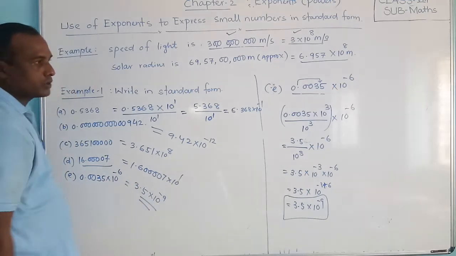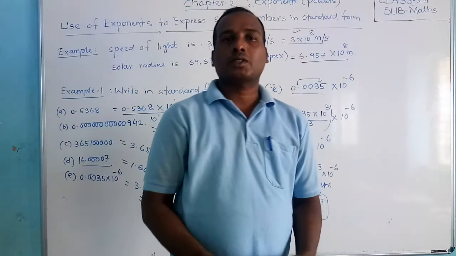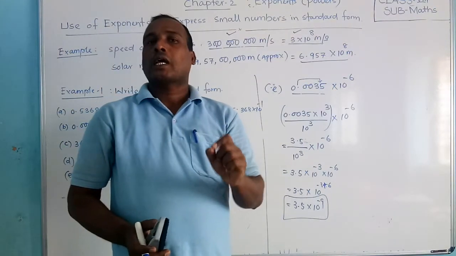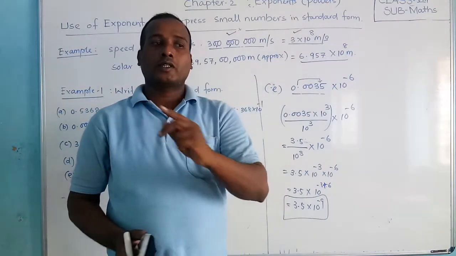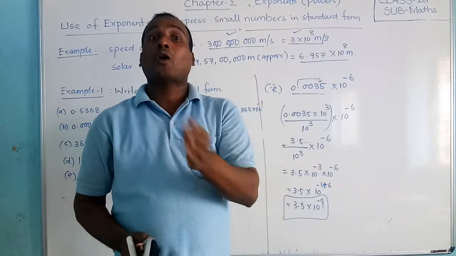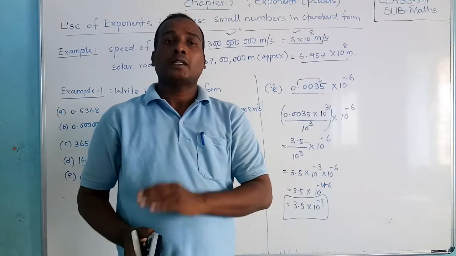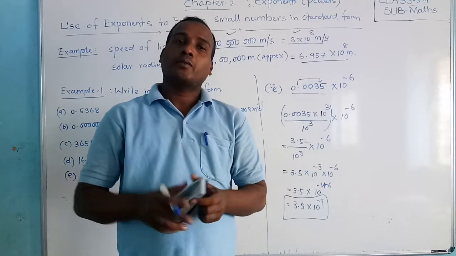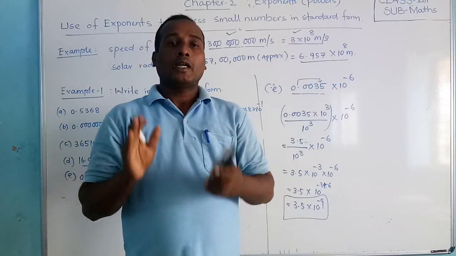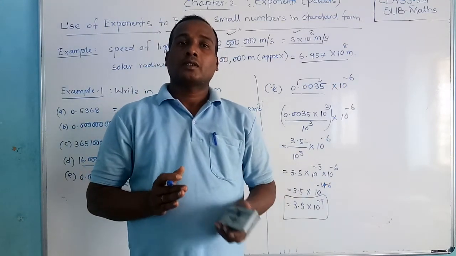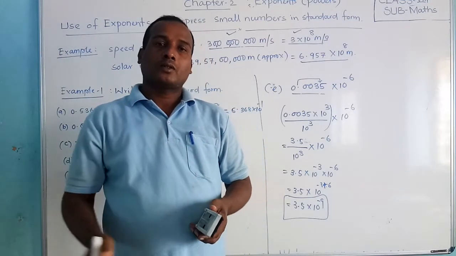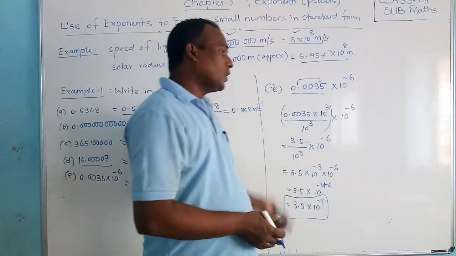Okay students, I hope you have understood this. And only one thing you have to remember, friends: where is the decimal place and where it should be shifted, whether left or right. If it is moving towards the right, say 3 places, then multiply by 10 power 3, then divide by 10 power 3. If it is moving towards the left, then divide by 10 power 3, then multiply by 10 power 3. Are you clear, friends? That is the way you should solve this.